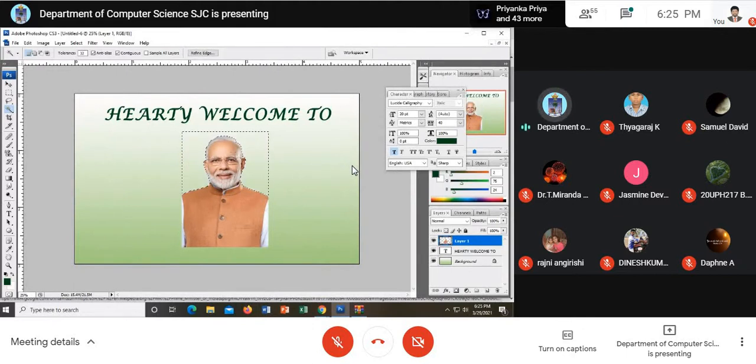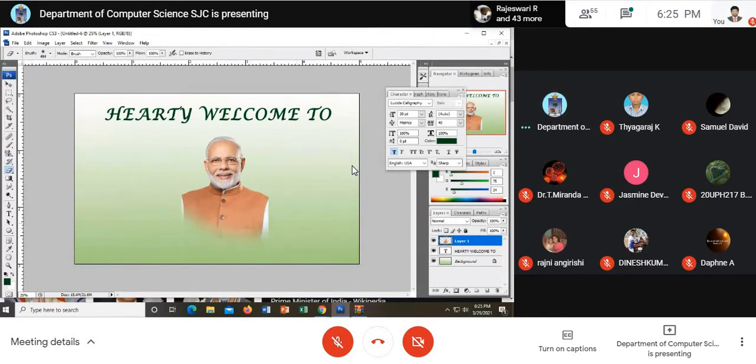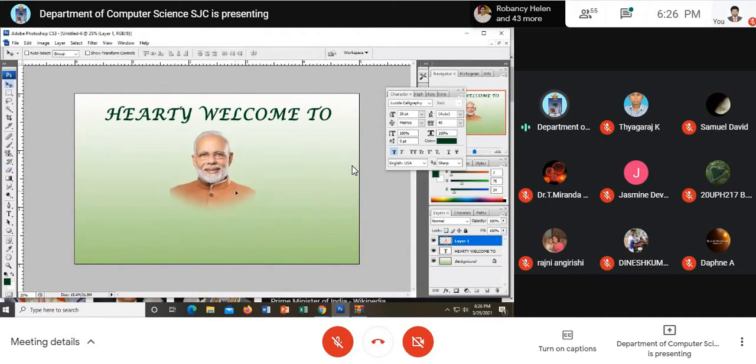I just erase. And at the bottom also, I just erase it. Look here. I just choose the eraser tool and increase the brush size. I can remove the bottom. You know why I use the eraser tool like this? It will look like an immersed look. See? Am I clear to you? See, it is merged with the background.